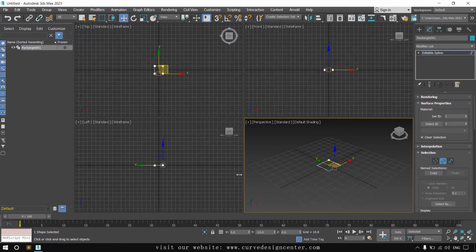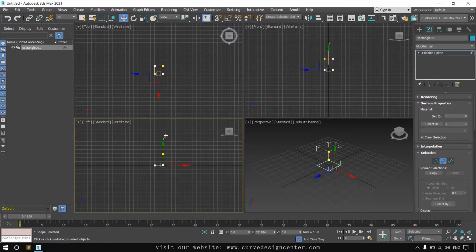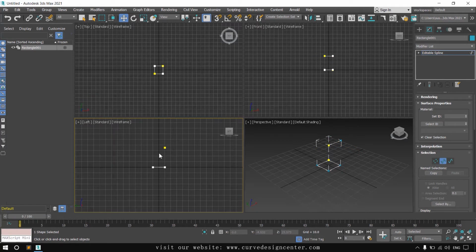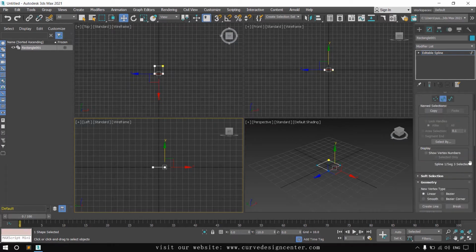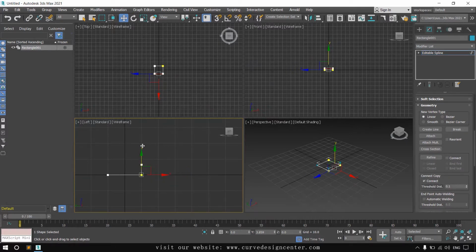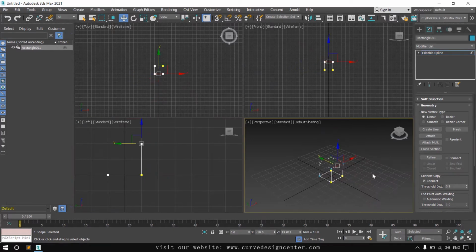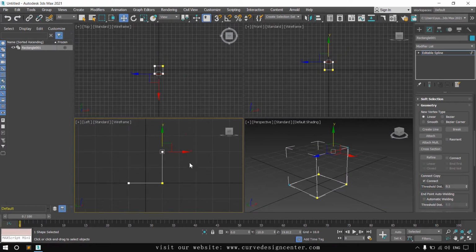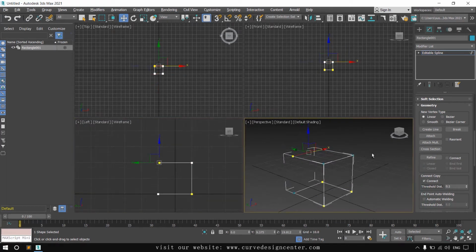If I press the shift key and click and drag in the Y direction, it creates a copy, but the connection is not available here. So we choose the copy connection tool from the command panel. It's a copy command tool, and enable this. Then click and drag in the Y direction like this. So it's created segments. Then repeat again. We complete the first frame.